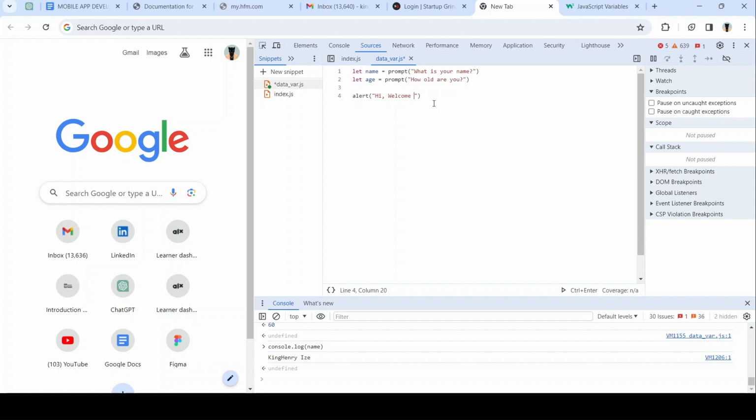Hi, welcome. Now see this concatenation I'm going to do. Name. You see that? I said hi, welcome. So it's going to display a string, hi, welcome, and it's going to use the name the person inputted during the prompt. Do you understand this? Yes, it will display the name and say,